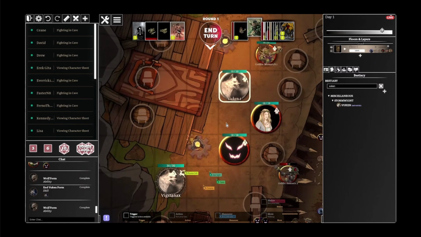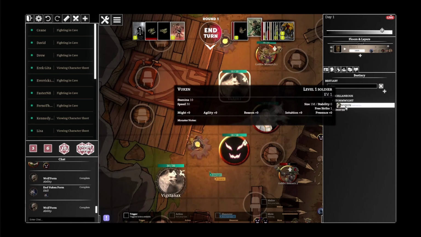So yeah, that's how to do that. So where did you go to find it? Say for example, it searches the bestiary under this miscellaneous. If you were to add a token for a custom Vuken, you can have it search that instead. Is your question, do you want to make it so that your specific Stormlight changes into a different